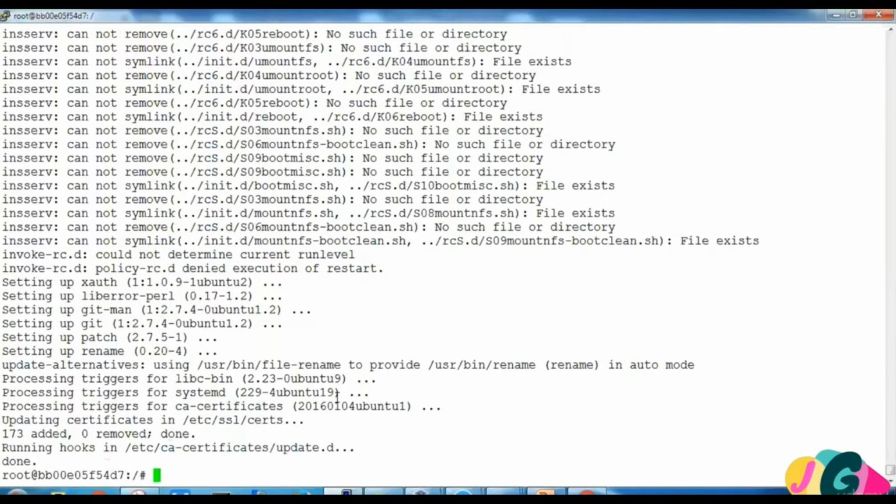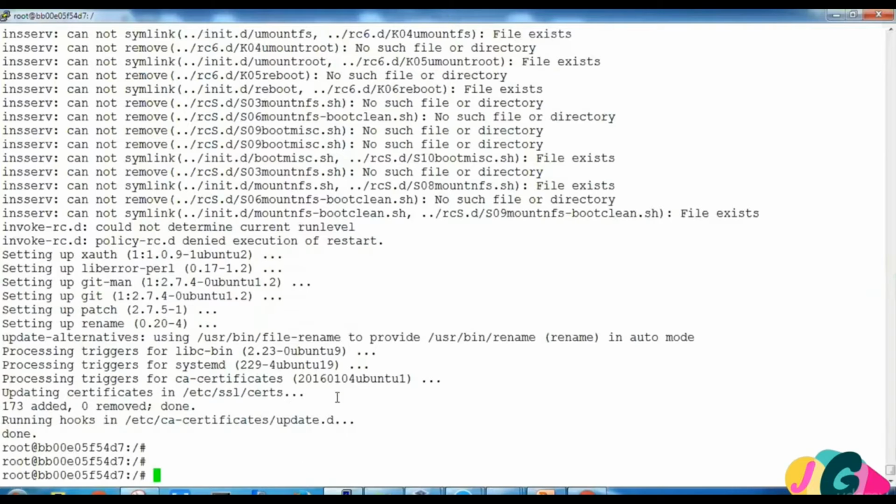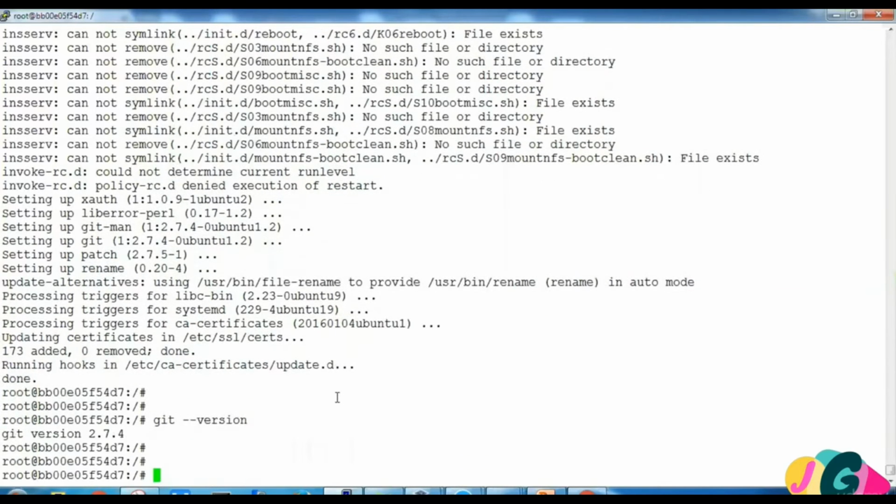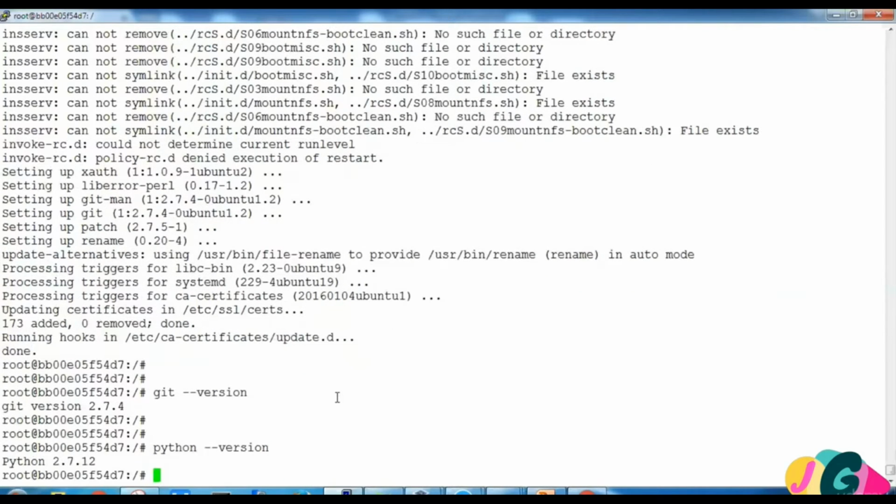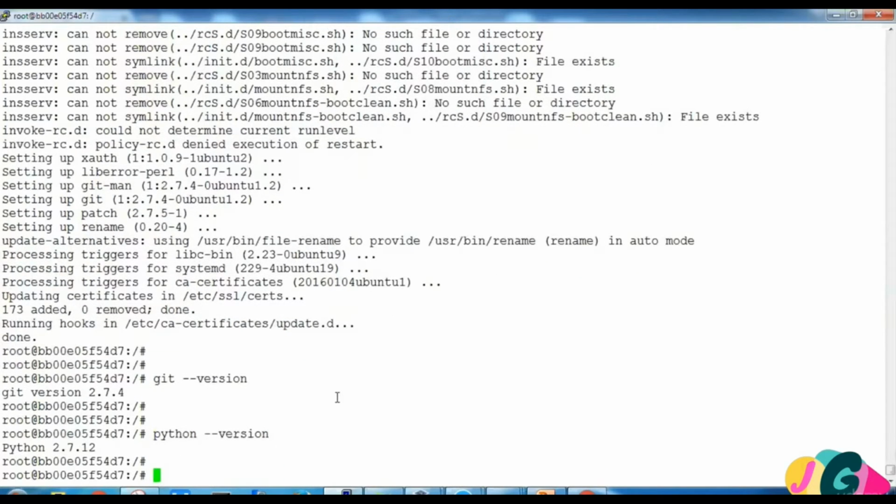All right, both the packages are installed. We'll check the versions to make sure the installation completed successfully. We can see the version of Git, that is 2.7, and the version of Python. So both the packages are installed. We have done the installation.